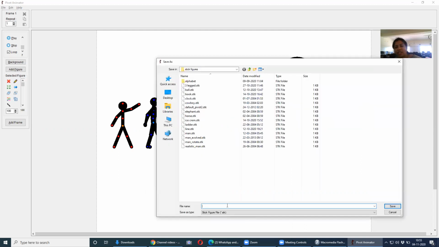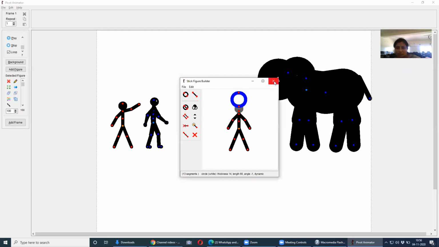I have to save every edit after editing, children. After editing, when you're creating something new out of your figures, you have to save it. Automatically, you will go to the save button and give some name here. Can you see here a file name? Can you see the file name? Yes, you have to come here and give a name to it. I'm giving man with pot. Yes, and then I have to close it.